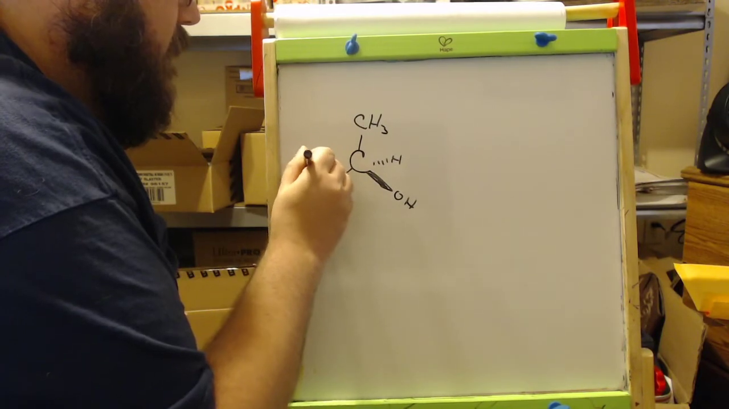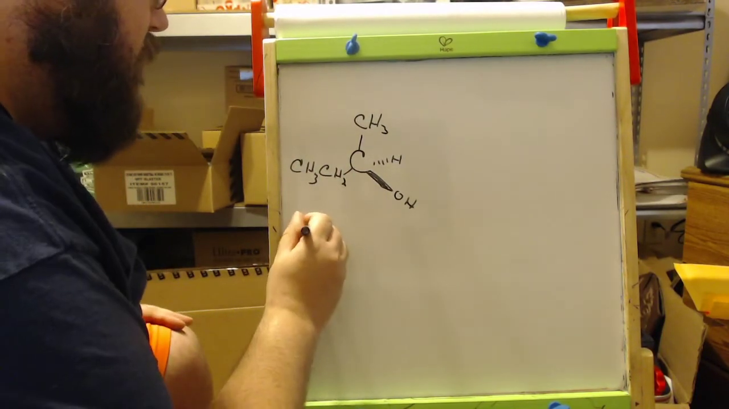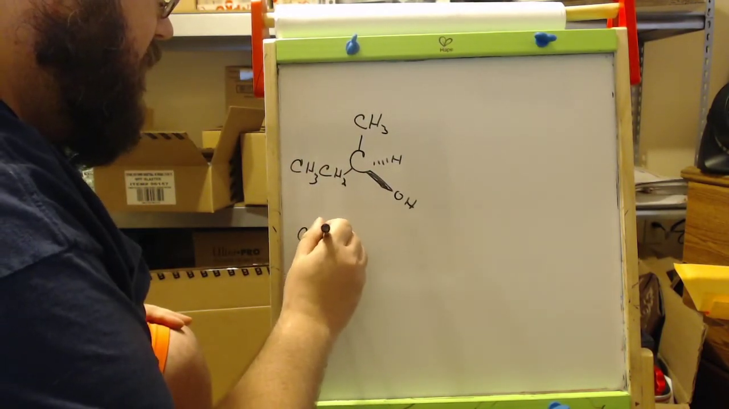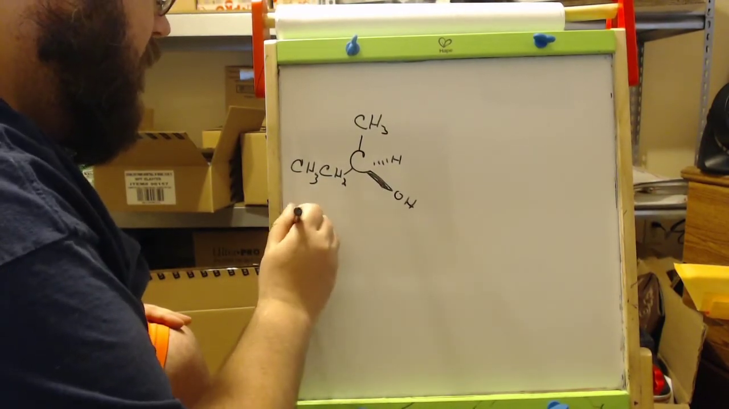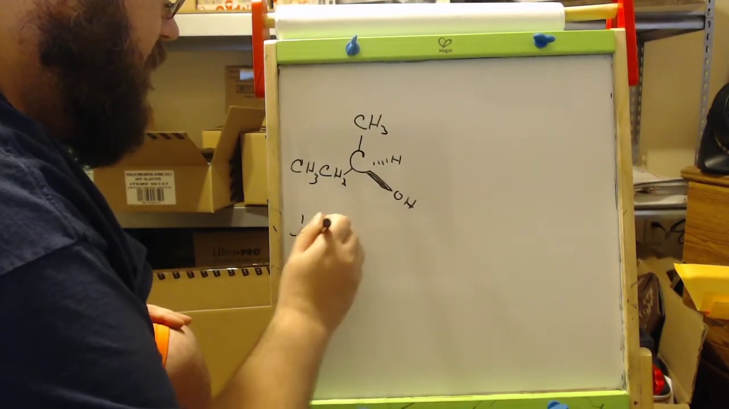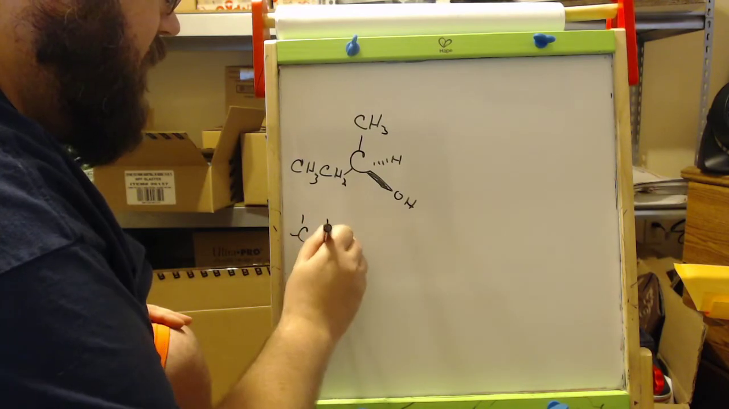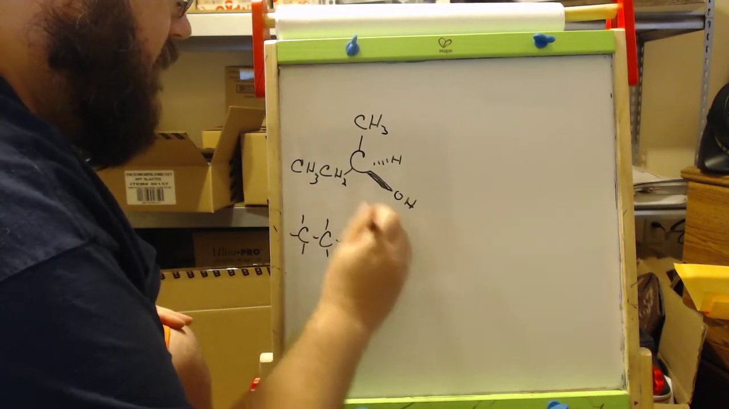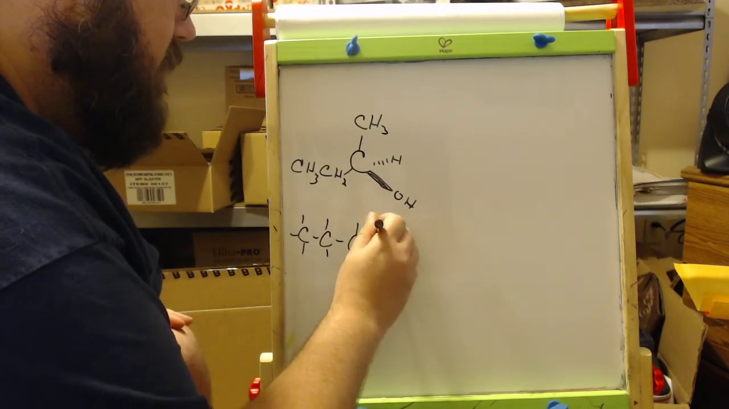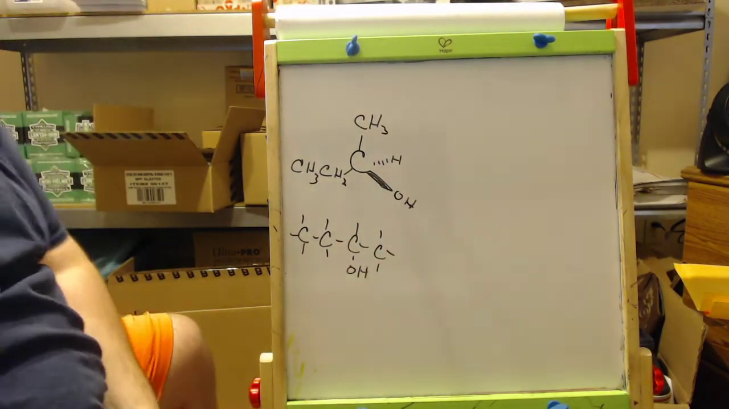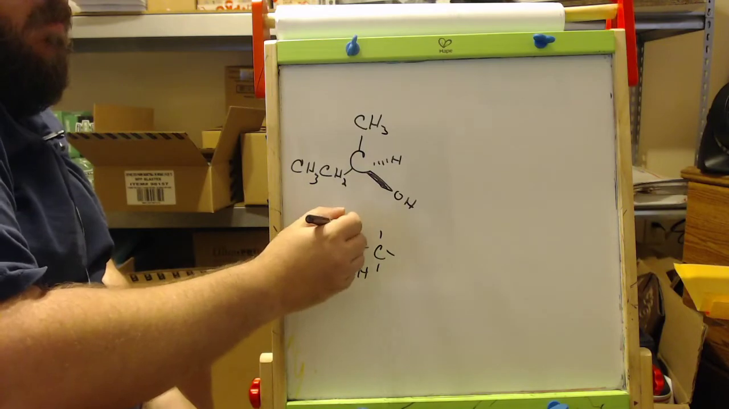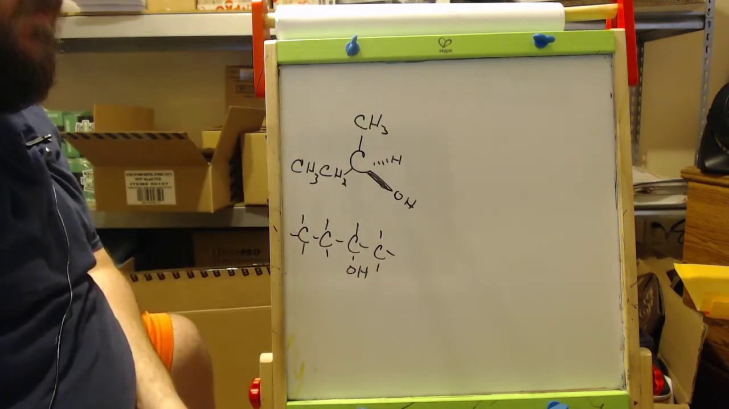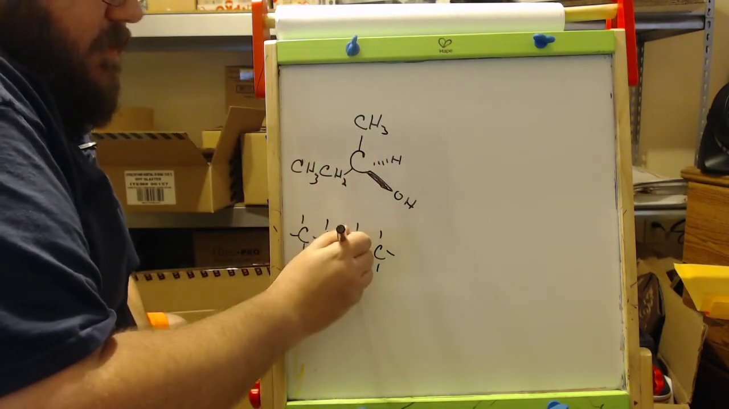Just so you see it, here's how you would have drawn it linear, with the line method. There's our CH3, here's our CH2, here's our CH with our OH on it, here is our CH3. We're drawing this carbon, blowing it up. Now, this carbon right here